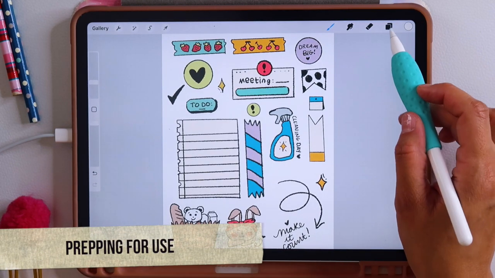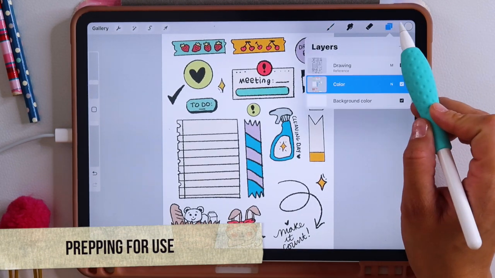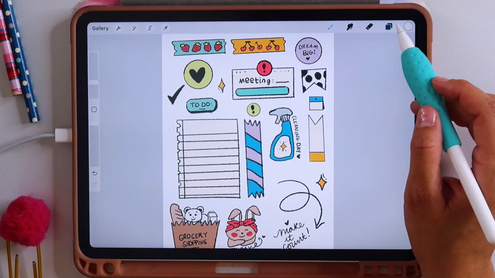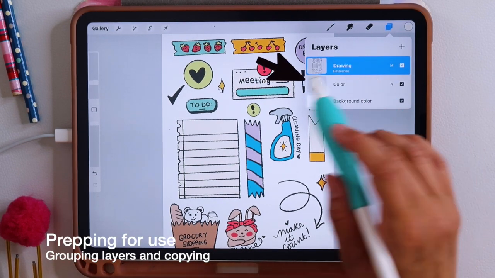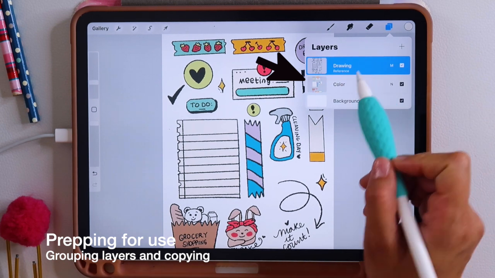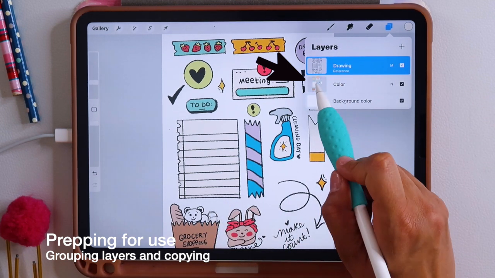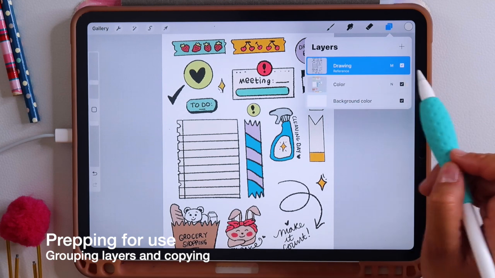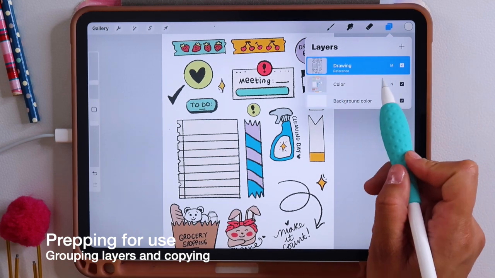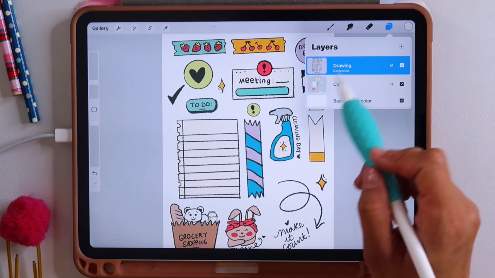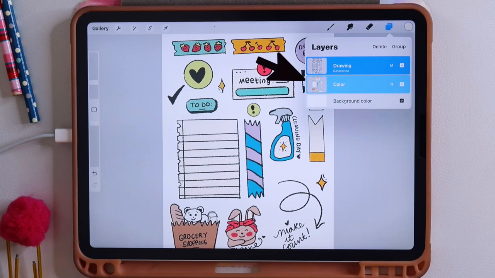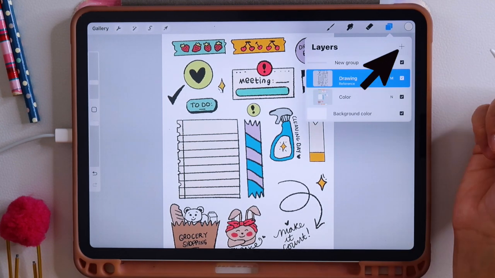Okay, now that I'm done coloring, what I'd like to do is group everything together to keep things organized and then make a copy of it. If we go into our layers options here, we'll see we have our drawing layer and then we have our color layer. So what I'm going to do is select both of them and put these in a folder together. I'm going to tap on my drawing layer, and then I'm going to drag right over my color, and they'll both be selected. And what we want to do is then group this,